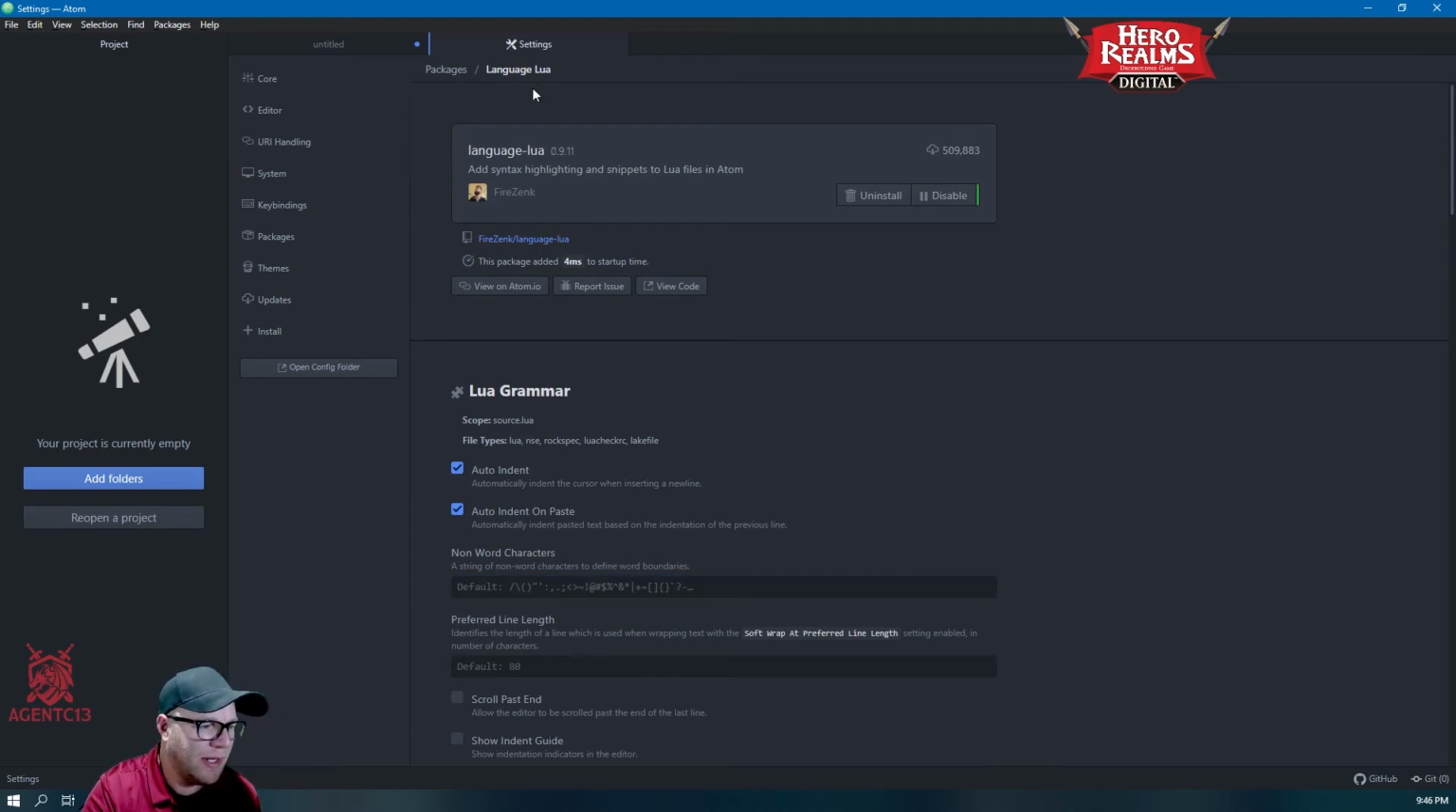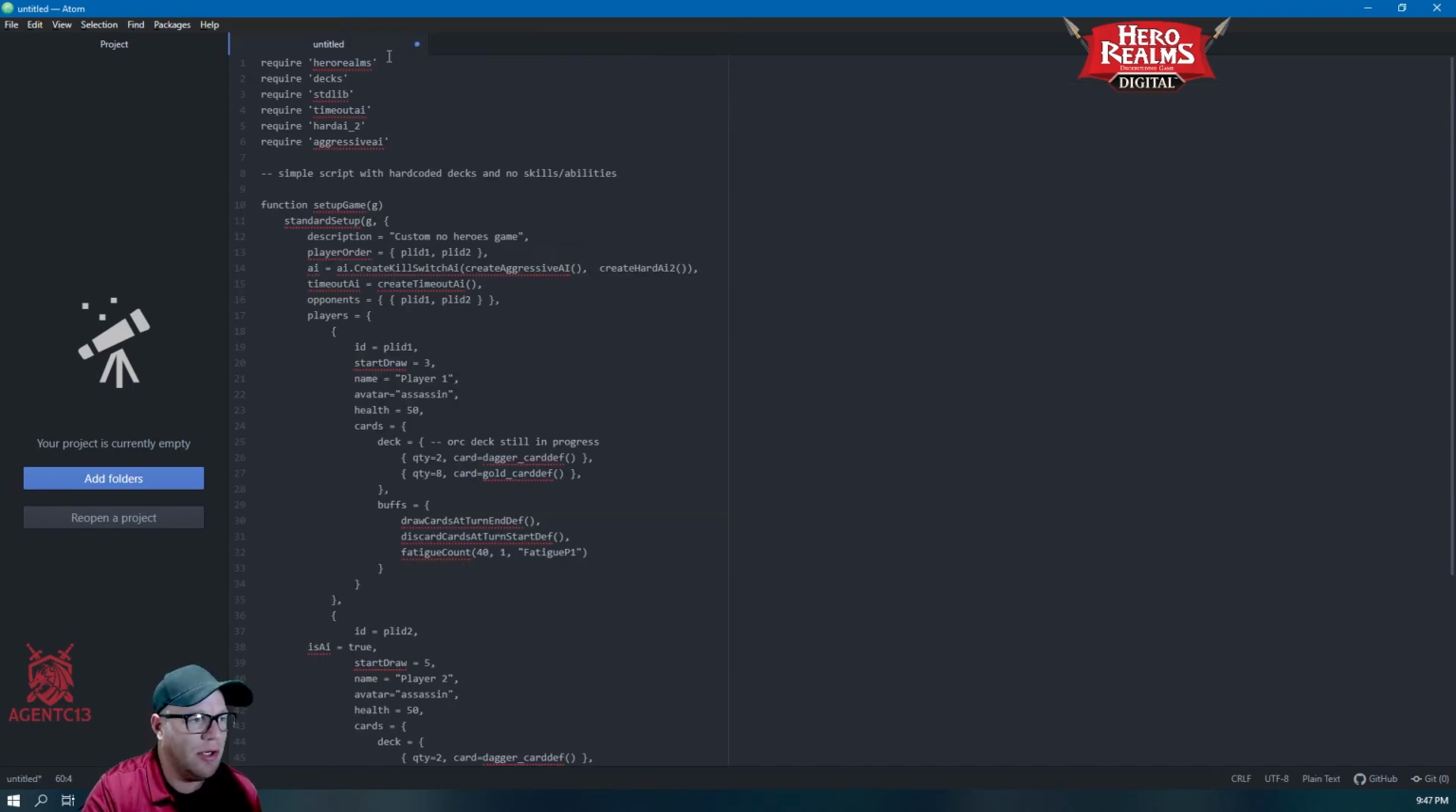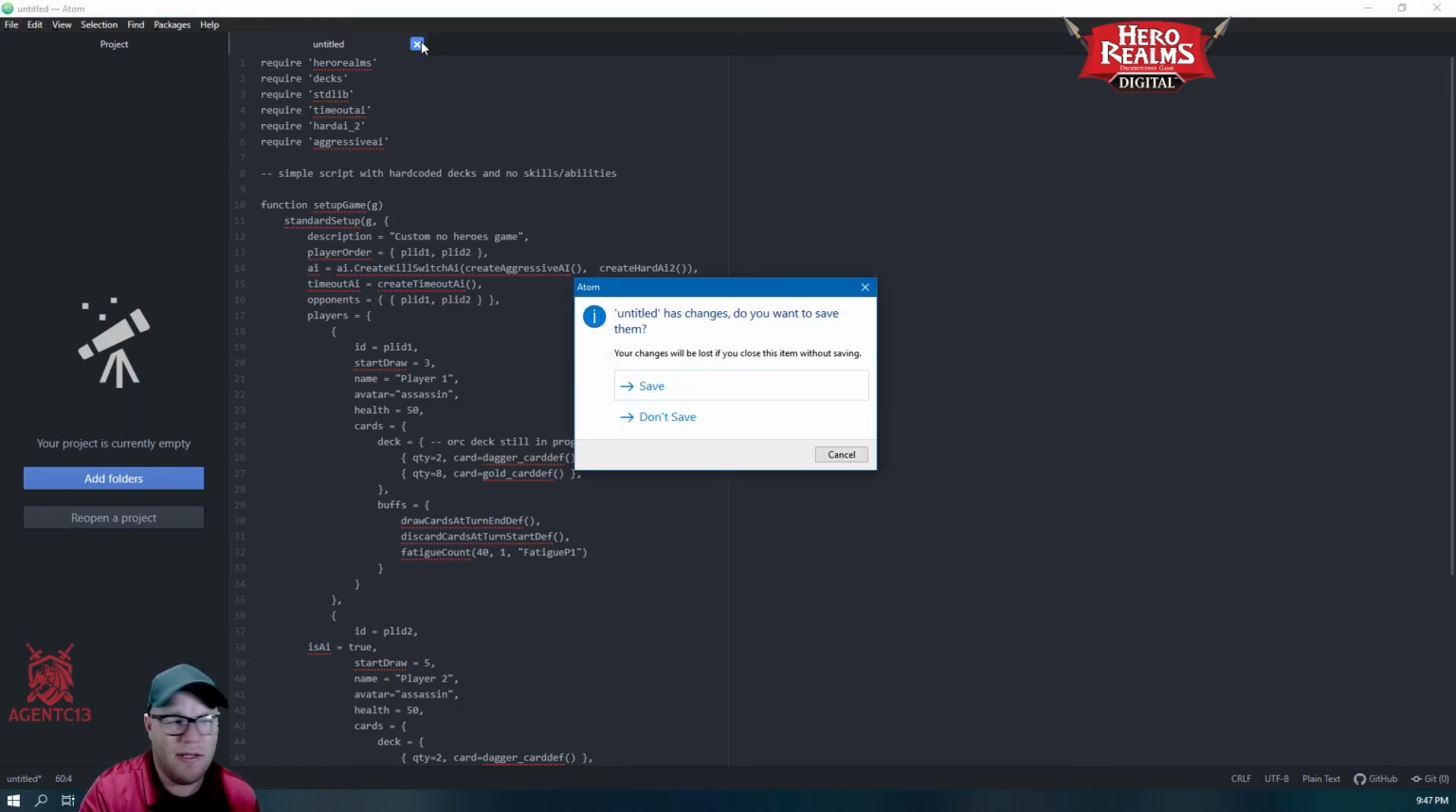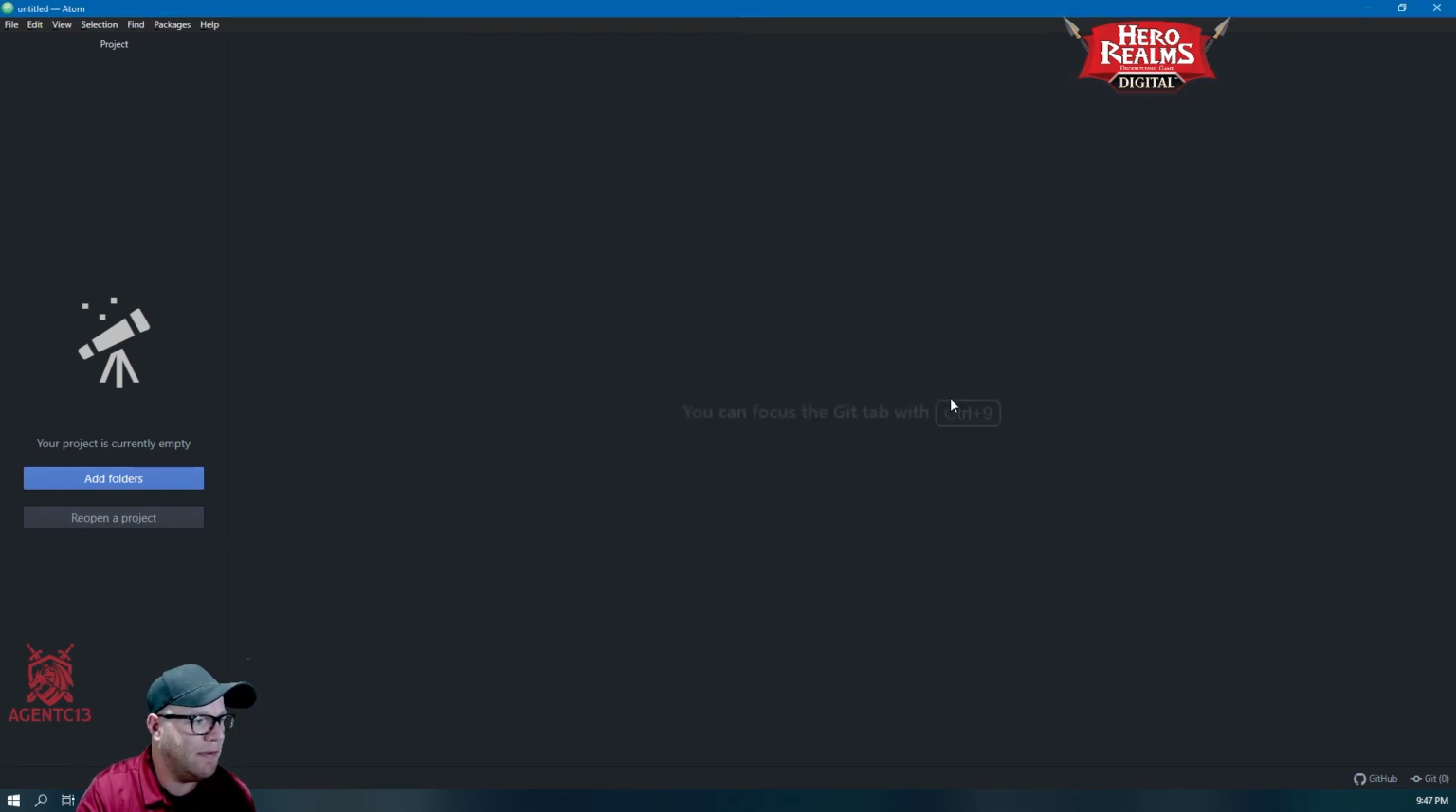But that kind of gives you stuff for Lua, and you can get other extensions for it that you want to use. So I'm not going to go too in depth, but this is kind of... I'm not going to save this. That's Atom. That's an option. Kind of lightweight, and I feel like it has a little less